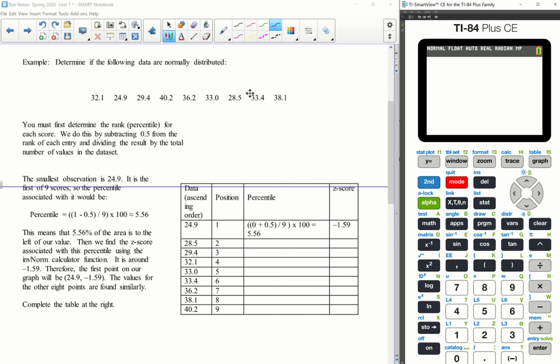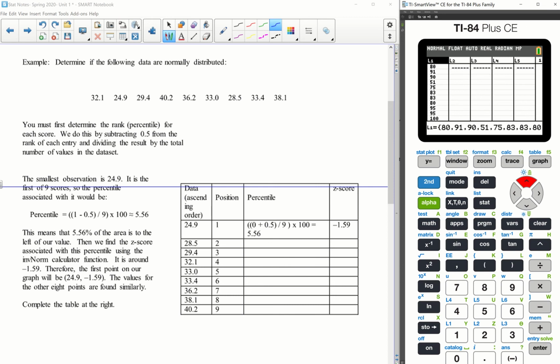Let me do this. First off, let's get the data in, stat edit. Just a reminder, when you're clearing out your data from a list, you go right up to the column heading, do not hit delete, hit clear, and then hit enter. And it'll wipe out all the contents of that list. If you hit delete, it's going to wipe out the list itself. Not impossible to recover from,